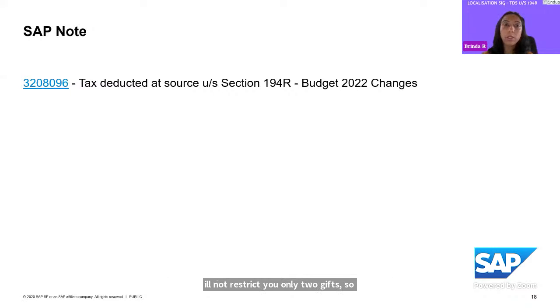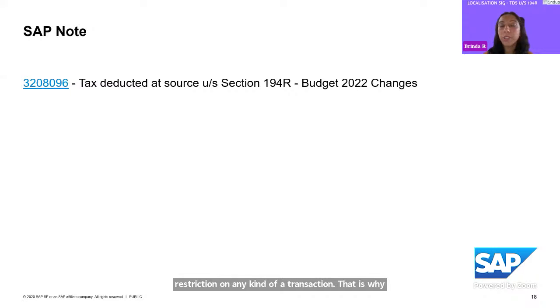In case tomorrow the government brings all the things under the ambit of 194R, like your trade discounts, cash discounts, etc., whatever discount has been provided to that particular customer in that month, you can key in the value in the base amount field and post an entry for 194R. So this solution provides the feasibility to post all kinds of documents here. There is no restriction on any kind of transaction. That is why we've